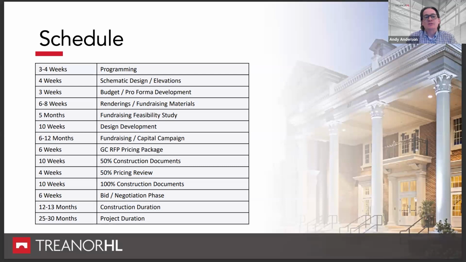A professional fundraiser can help you determine what they think it's going to take. But again, those things take time. So you'll see this schedule is sort of a minimum schedule, basically two to two and a half years from start to finish. And the other important thing about the schedule, as we all know, is that the most critical thing